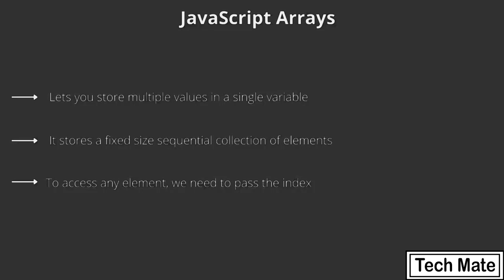And in that particular collection, a number of memory blocks will be defined. How many memory blocks? That we will define while defining the array. That means when we define the array, along with the definition, we will specify the number of blocks which we want, and after that we can start storing the value in each of those element blocks.